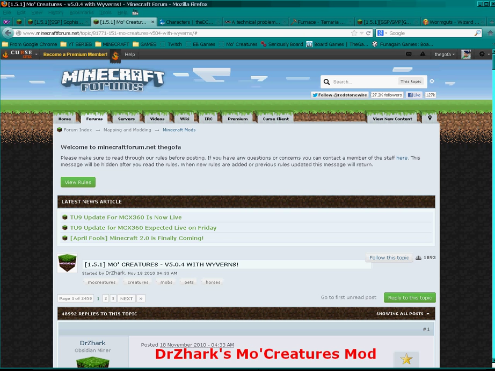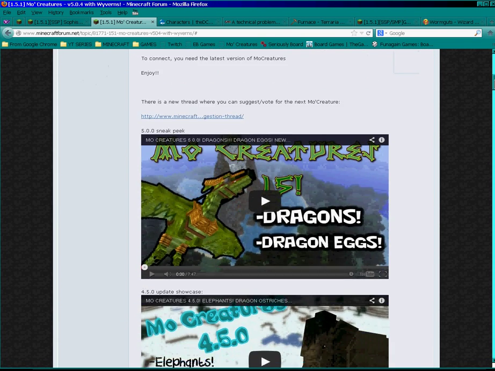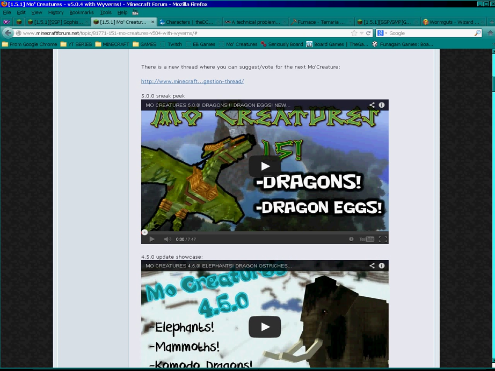I'm bringing you the latest install video for MoCreatures 5.0.4 for Minecraft 1.5.1. Now this is a huge update, a huge step forwards for the mod. Dr. Zark has brought in a dimension for the wyverns, and you make yourself a staff and go through a portal, and you can kill the wyverns on the other side in the wyvern lair,